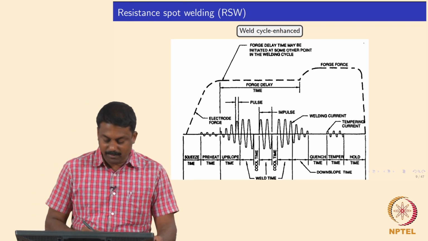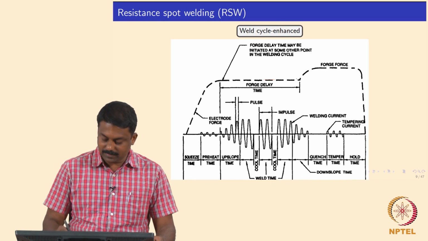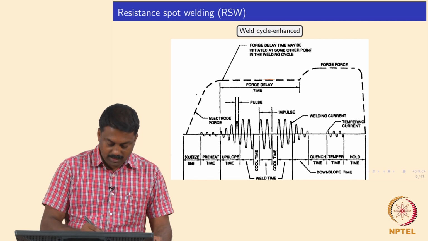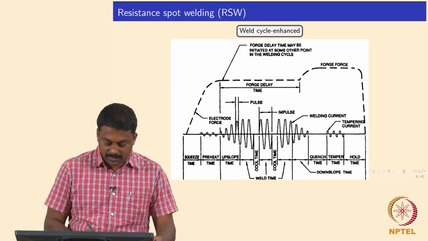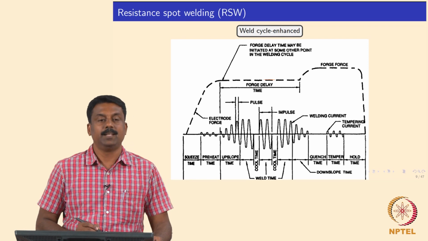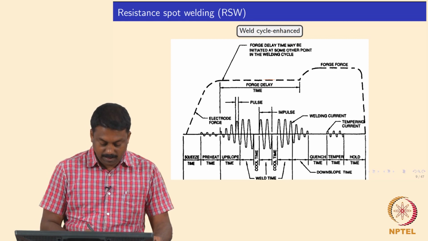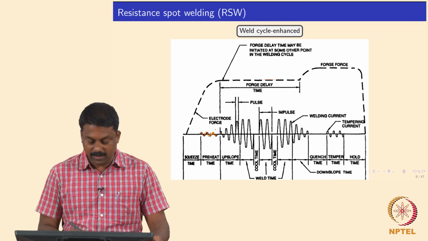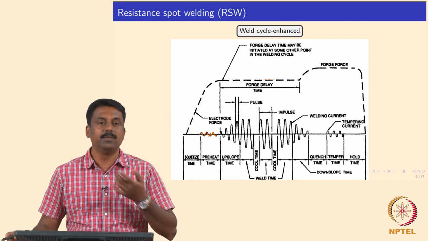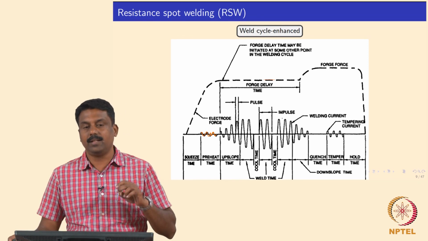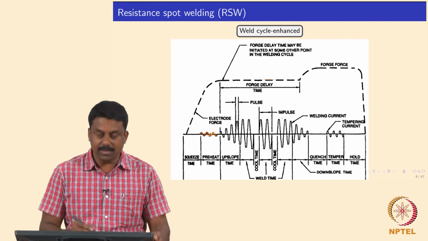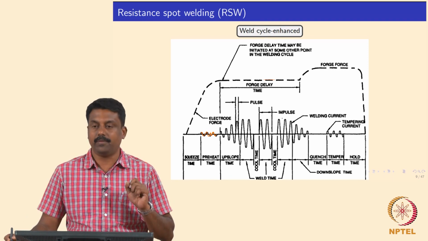For example, you may have a loading cycle, something like that, where you have a squeeze time where material is just squashed, and then you may have a preheating. So, preheating is achieved by applying a small short pulse. So, you may not use a current pulse of a weld thermal cycle where it will be a few kiloamperes. You may use say 800 amperes or so, so that the temperature reached is about 400 to 500 degrees centigrade at the interface.